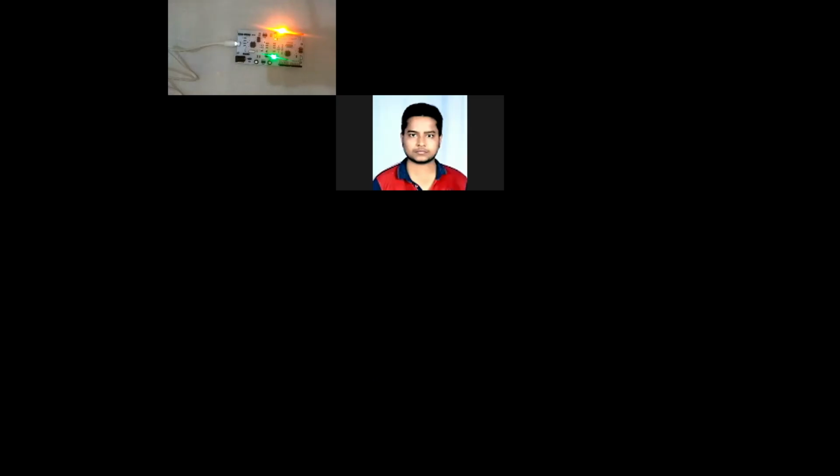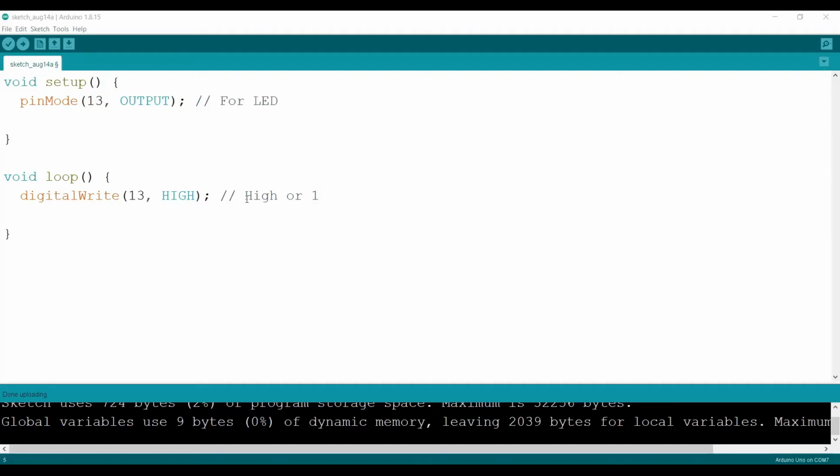We have written the code to turn on the LED. Now we will write the code to turn off the LED, right? For that purpose, let me share my screen again. Instead of HIGH, you can write LOW, or maybe you can directly write it as 0.